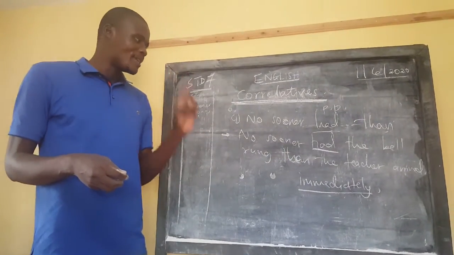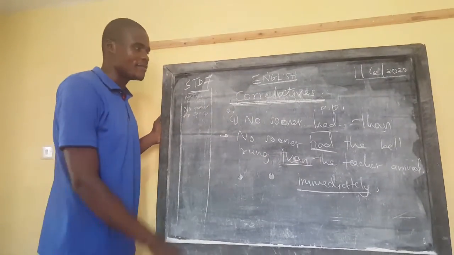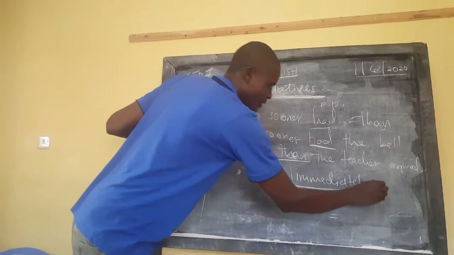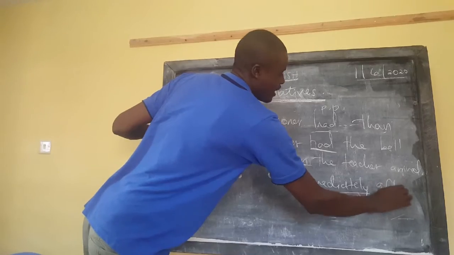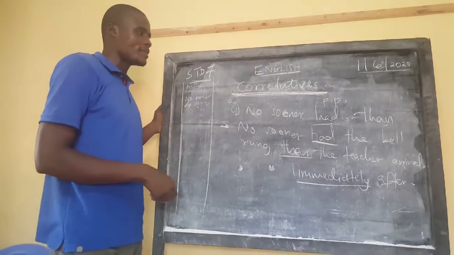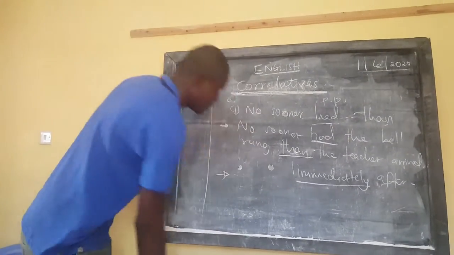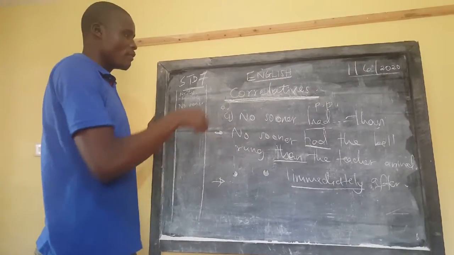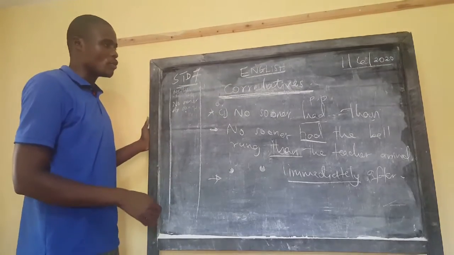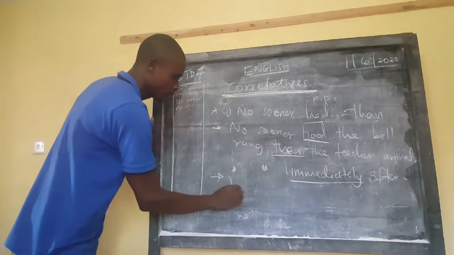No sooner had the bell rung than the teacher arrived into our class. Meaning immediately after. Immediately after another one. So immediately after the bell rang, the teacher stepped into our class. You can give several examples about that. So when I mention whatever I wanted to emphasize in this particular number one, that is no sooner. You can give one more, maybe no sooner